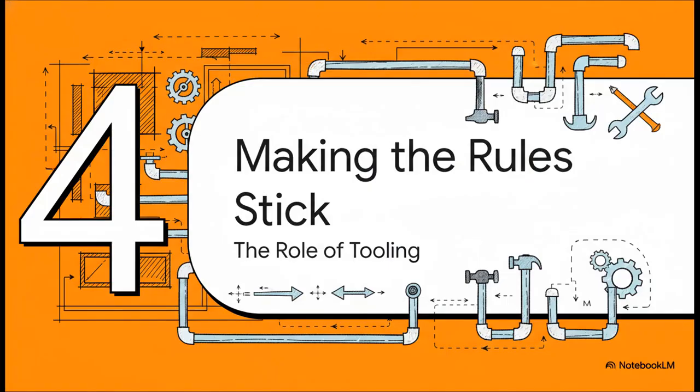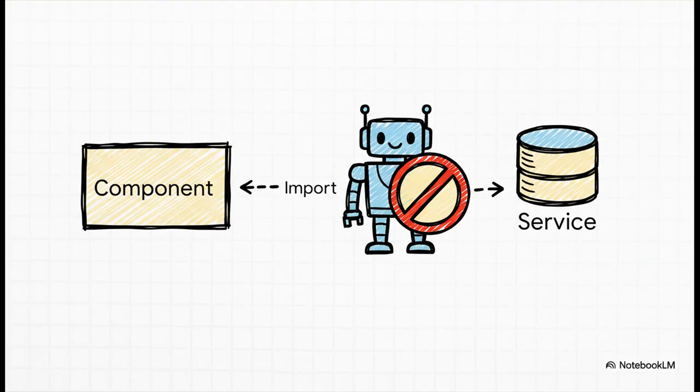Okay, so we have this beautiful blueprint, but a blueprint is just a piece of paper if the builders decide to ignore it, right? A great architecture is pretty much useless if people don't follow the rules, and that's where tooling comes in. We can actually make these architectural rules impossible to break. With a tool like Nx, you can literally write your rules as code. Check out this example. It's a simple rule that says a component is never ever allowed to import from a service. If a developer even tries to do it, their editor screams at them. The linter catches it instantly. It's like having an automated architectural guardian watching your codebase 24/7.